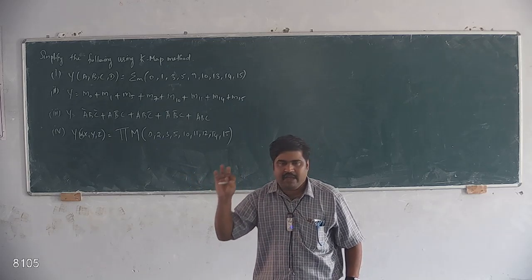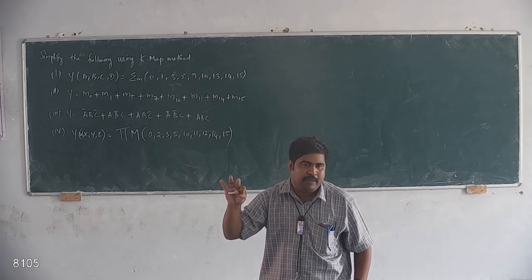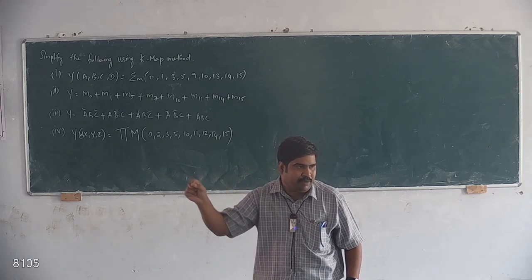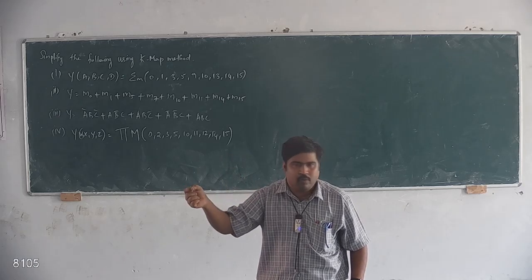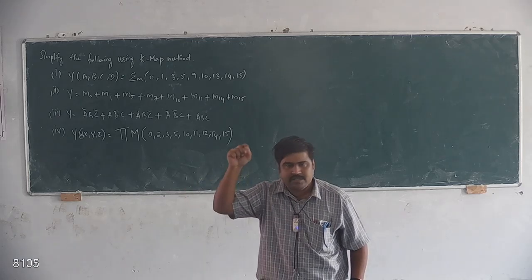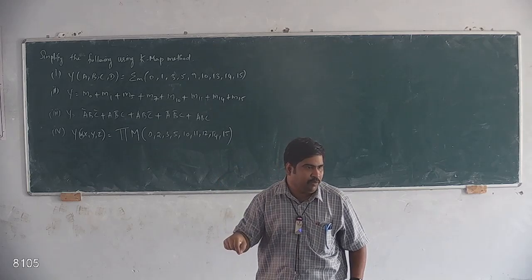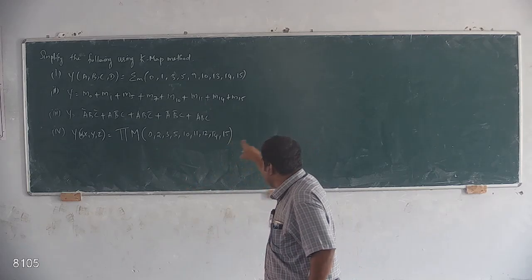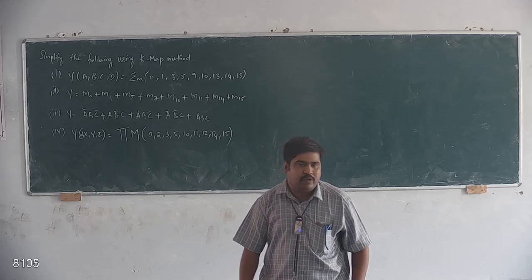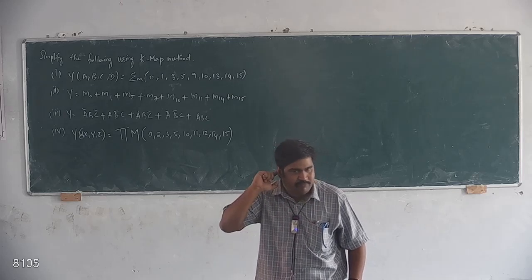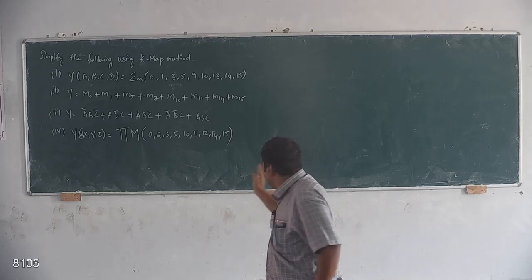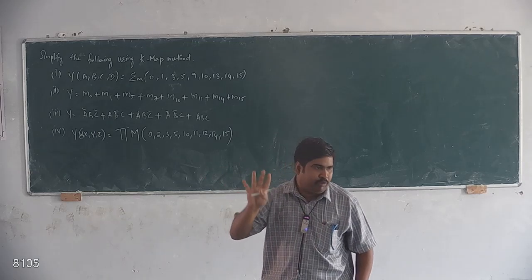In the same way, we have the three variable K map, starting from A bar, B bar, C bar. Up to each value 0, 0, 0, 0, 0, 1, 0, 1, 0, 0, 1, 1, like that it will come. Starting from 0 to 7 values it will come. So in our first question, you see the values there. It is greater than 7 and less than or equal to 15. So we can go for four variable K map.